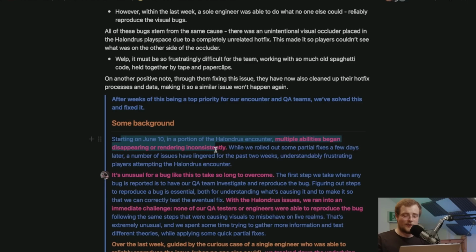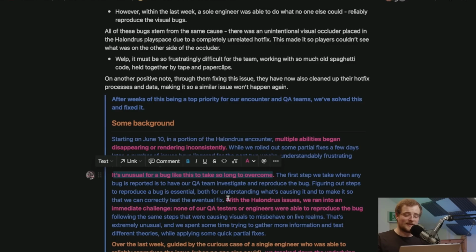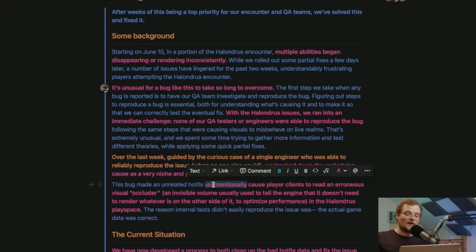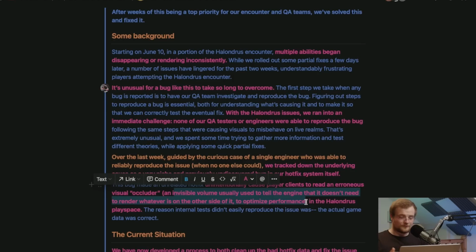And the reason why, okay, so starting June 10th, multiple abilities began disappearing or rendering inconsistently. They rolled out some partial fixes a few days later, but things then lingered. Unusual for a bug to take so long. Basically, QA testers and engineers couldn't really reproduce it until, guided by the curious case of a single engineer who was able to reliably reproduce it when no one else could, they tracked down the underlying issue. Basically, they did a hotfix that caused people's clients to erroneously read a visual occluder, which basically is just a volume